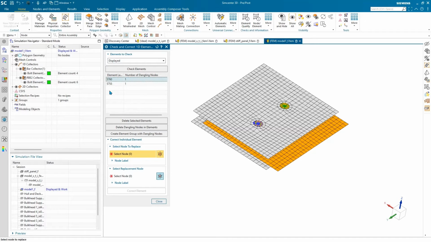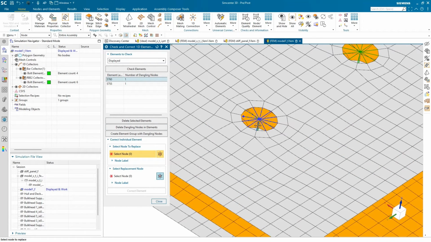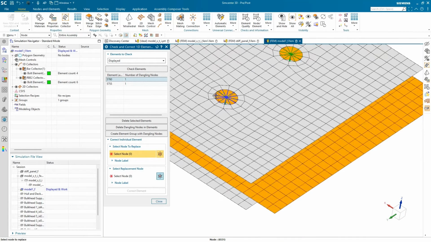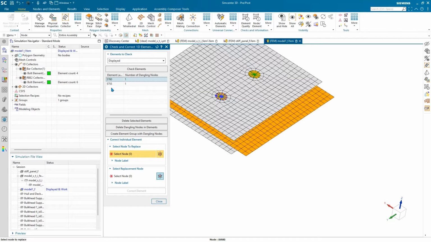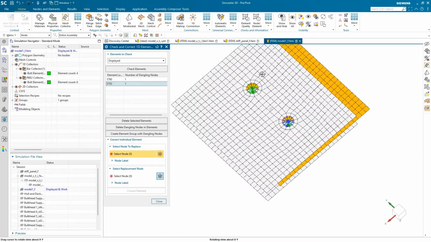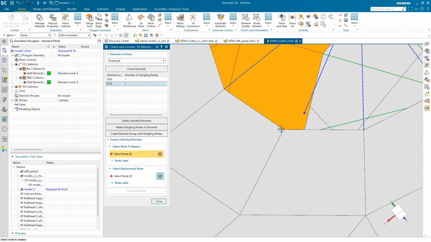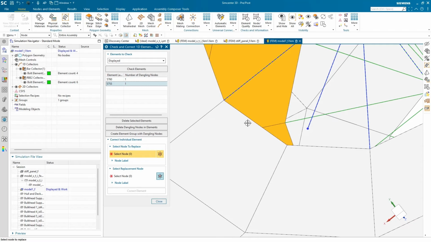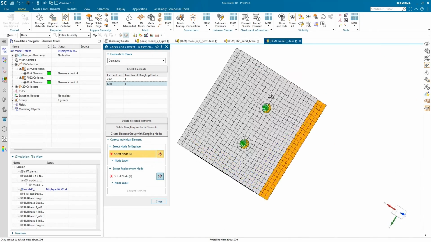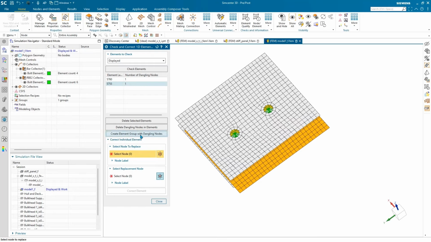But before you do that, if you simply click on this, it gives you a visual representation, and as you can see here clearly, this blue dot shows that this is the dangling node here for element 5760, and for 5755 I think it's somewhere down there. Yeah, there it is. So this is the dangling node we have. So very easily you can find out based upon the element label which specific dangling nodes you have, and then choose the operations based upon your discretion. So in this case, what I can do is very easily create a group,